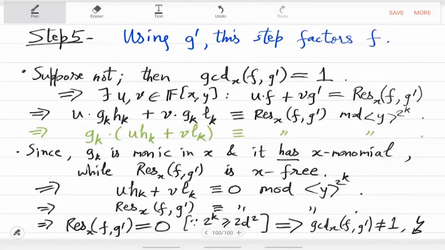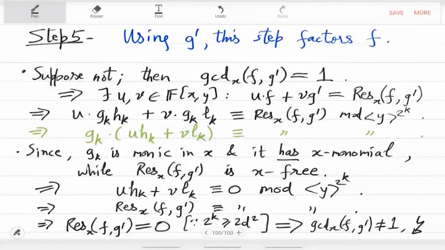So this is a very clever proof, completely invisible in the previous slide. But once you see this, you know that the parameters, the way we have fixed the parameters in the algorithm, g prime is very, very special. g prime actually contains a factor of f. Though you pick g prime as some arbitrary solution of a linear system, whatever you pick, it will always contain a factor. Okay, any questions? So that finishes this step 5 analysis and hence the algorithm.